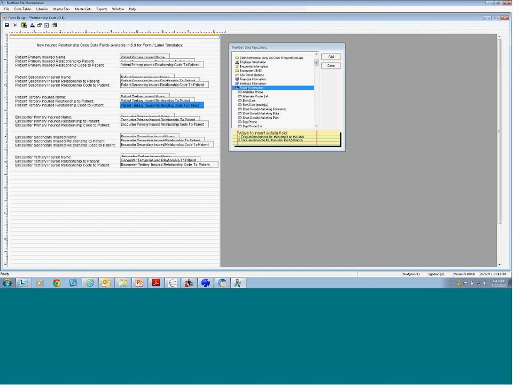Also repository under encounter information. So if I come to this topic of data fields, scroll down to encounter level primary, secondary, tertiary. Within these categories, we'll find these three fields: encounter level primary relationship, secondary relationship, tertiary relationship. So we'll have 6 new data fields: 3 patient level, 3 encounter level, that can pull that two-digit code we were looking at from the relationships table a second ago onto either